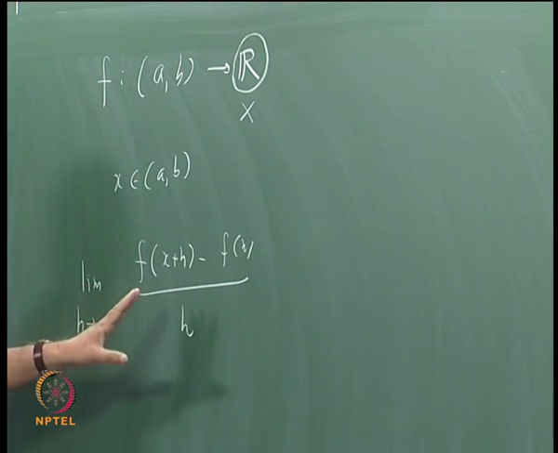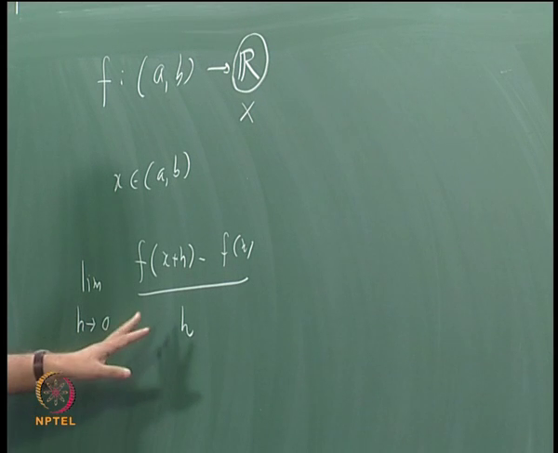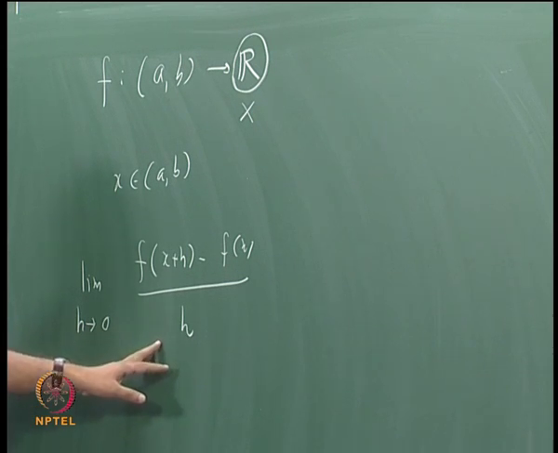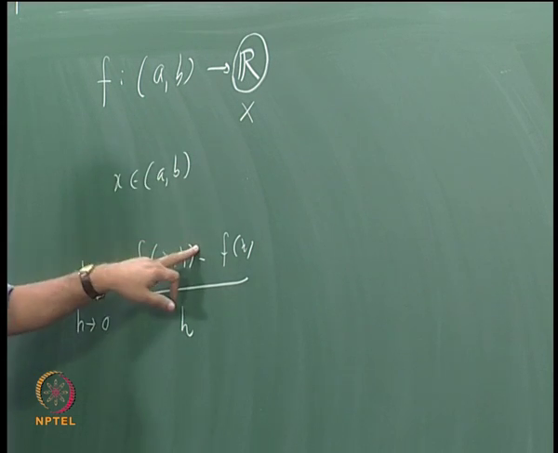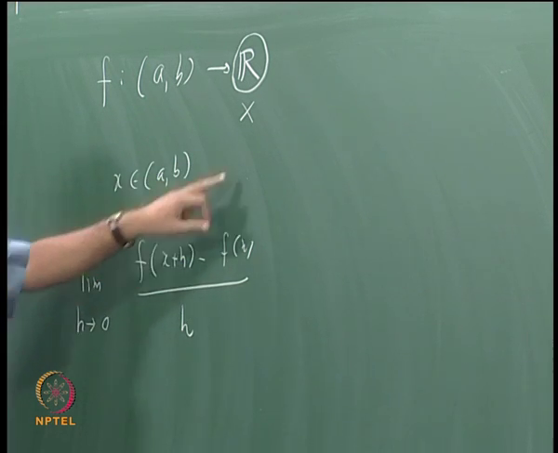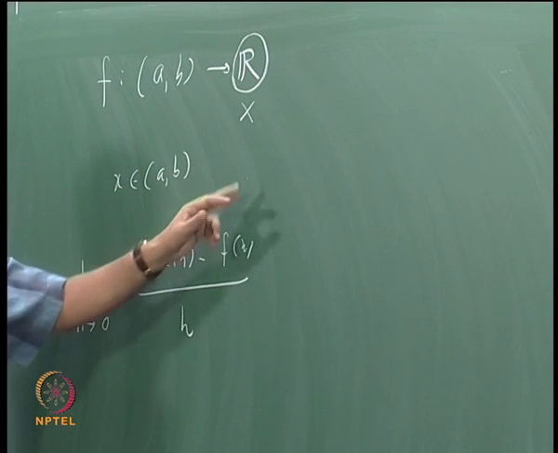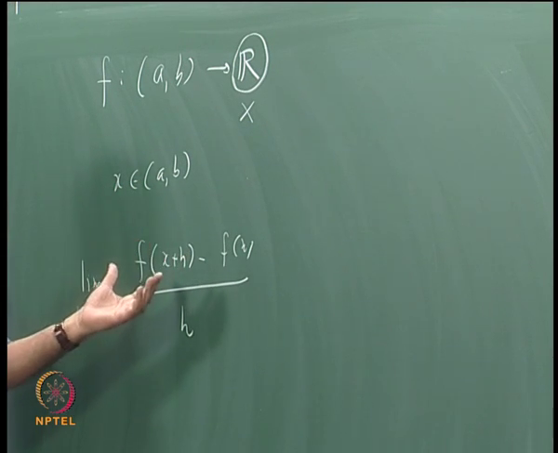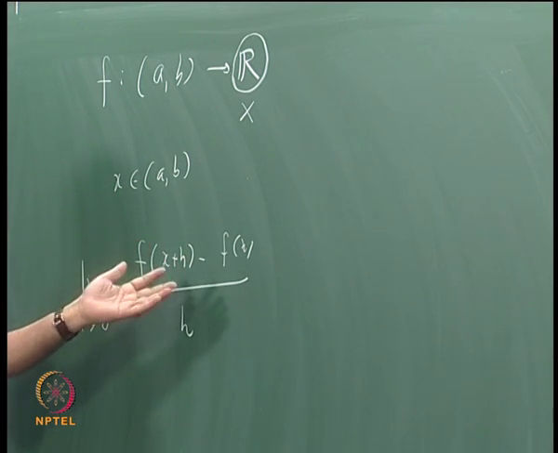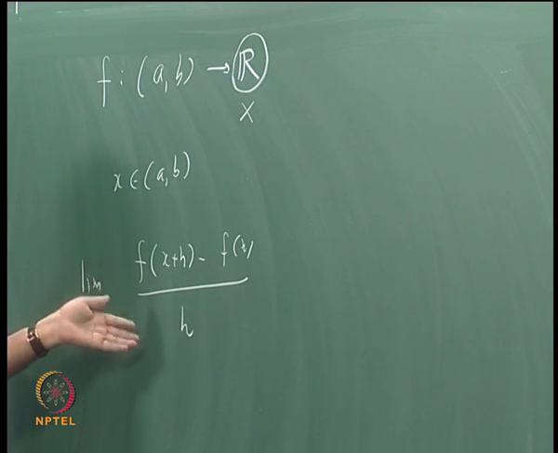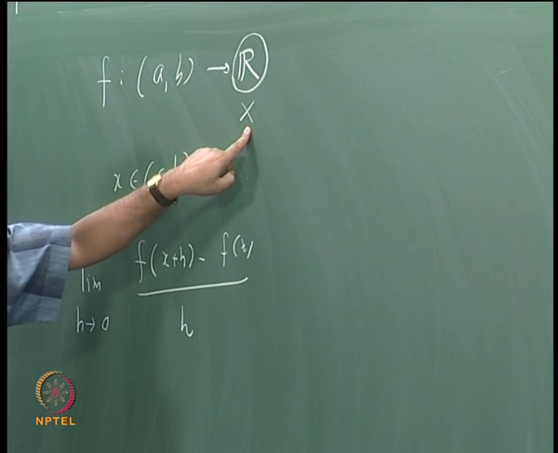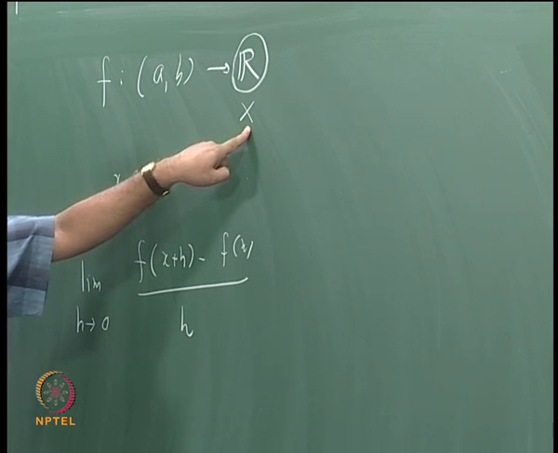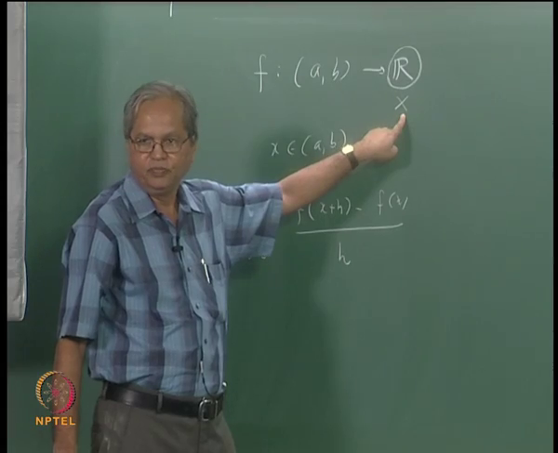And I think by now you would understand what I am coming to, since you are also doing the course on linear algebra simultaneously. What is required is that this must be a real vector space. That is, if you are given two elements in this, there should be some meaning of addition or subtraction of two elements, and of multiplication of a real number and an element. So the minimum thing that is required is that X must be a real vector space. That is clear.